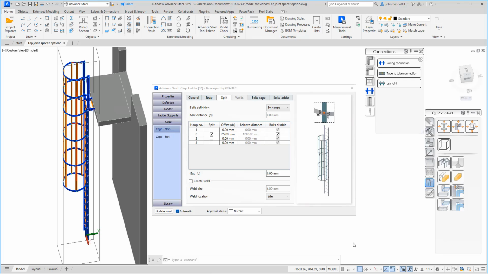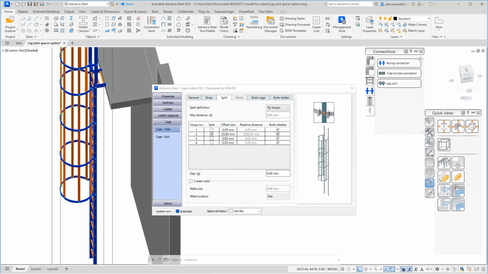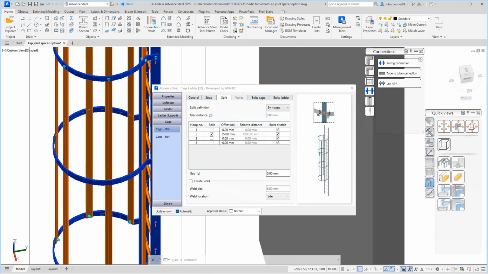So welcome to this session, and we're just going to be taking a look at the improvements we've made to the lap joint so that it will work in the context of a cage ladder and in particular within the cage itself. So we introduced the ability to split the cage straps here, and you can see that obviously has been interacted already here, and under the strap we have the two straps there and we have the split set